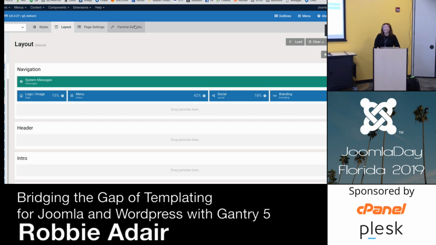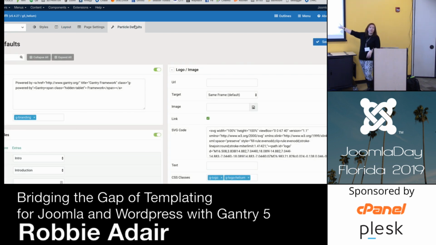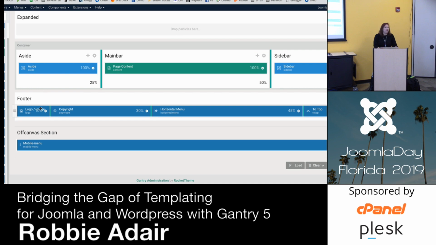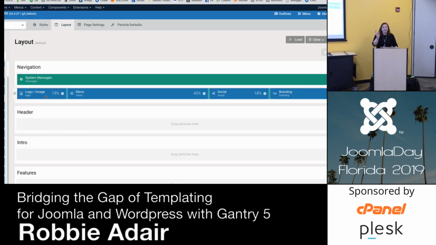so you see down here, once I set up in my particle defaults my logo, and by the way, it supports SVG logos, which is always nice, gets you that perfect crystal clear logo, right? So you can pop in your logo here, or you could use an image. If you want a special URL for it to go to, you've got classes you can assign to it. You can put your text if they don't have visual. And so now anytime I want to use my logo, I just simply come in here and I drag and drop my particle. So I've got a logo down at the bottom, I've got a logo up at the top. But I only had to do one particle, right? And I just drop that little particle everywhere I want it.